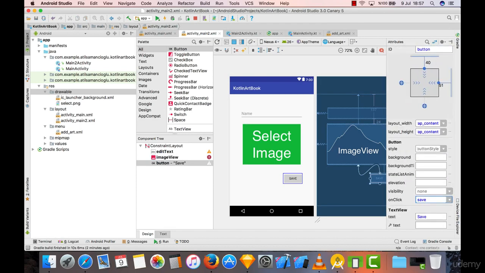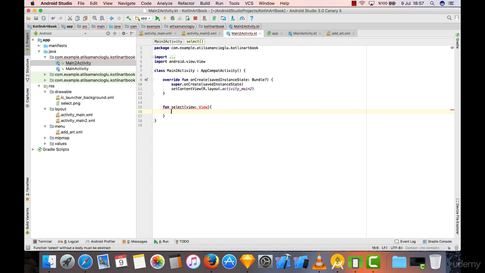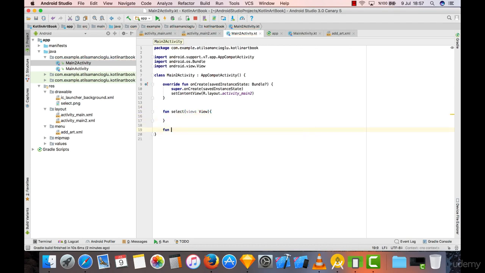So this is save, and I go to my main activity here and create the functions of select, that is view, called by view. Okay, and another thing is save, again called by view. So now I have my functions, but before I go on and write my select function, one thing to remember